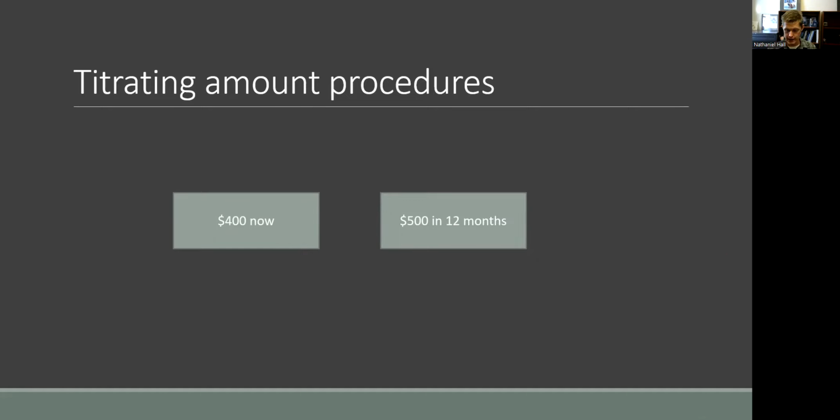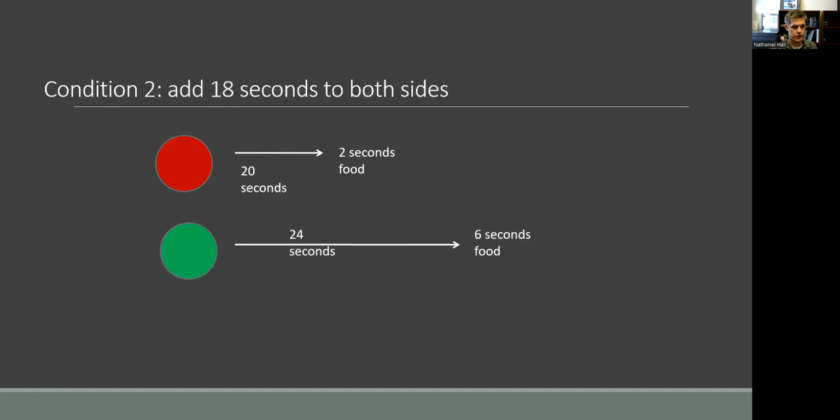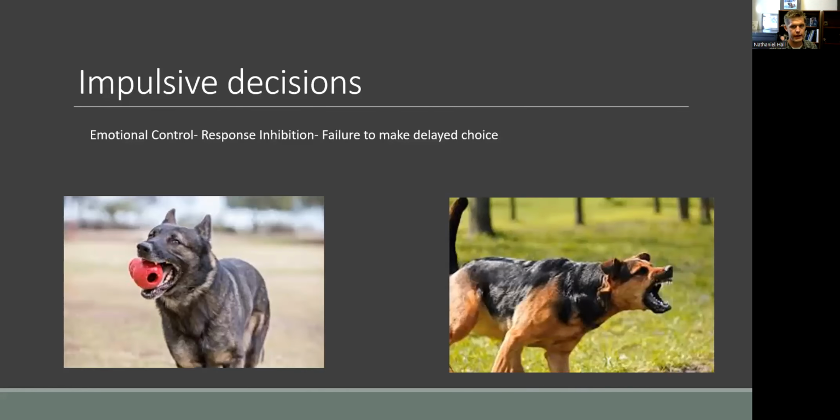So with all that said, how does this actually apply to our dogs, or anything related to our dogs? Well, impulsive decisions, we tend to conflate and group with our dogs' emotional control. So can they inhibit emotional responses to be able to engage in some type of productive response? And this could be really important for our working dogs: in a situation in which they are very excited or highly aroused, can they inhibit that high level of arousal